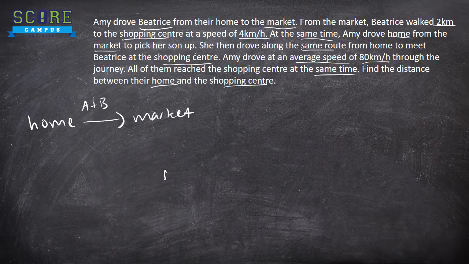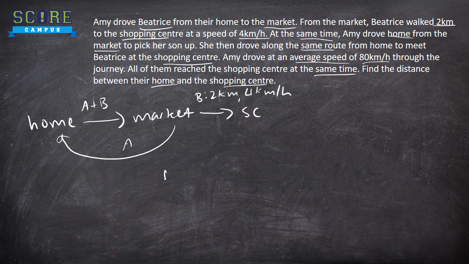And then Beatrice went to the shopping center, which was 2 kilometers away at 4 km per hour. However, Amy went back home and then went to the shopping center after that, and she traveled at 80 kilometers